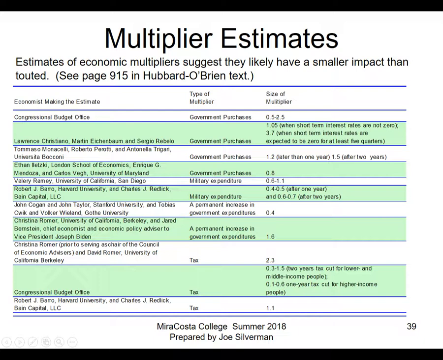Then we've got another estimate by these economists, Christiano, Eichenbaum, and Rebelo, that said it could be 1.05 when short-term interest rates are not zero, and 3.7 when short-term interest rates are expected to be zero. And then another estimate by Monacelli, Perotti, Trigari, and Bosconi, of 1.2 after 1 year and 1.5 after 2 years. And then we've got other multipliers. The point I'm trying to make is you've got to take these multiplier estimates with a grain of salt, because